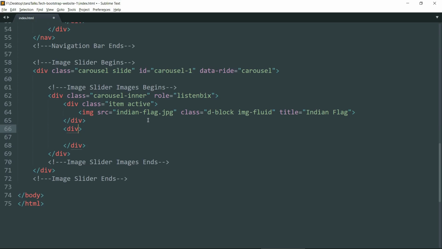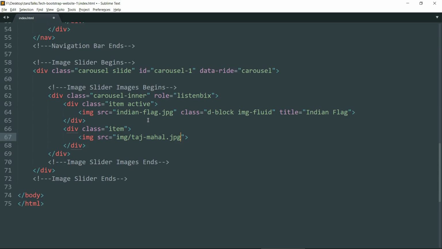Create another div tag. Then let's create a class of item, just item, not active, because this is not the default image. The image source is img/Taj Mahal.jpg.